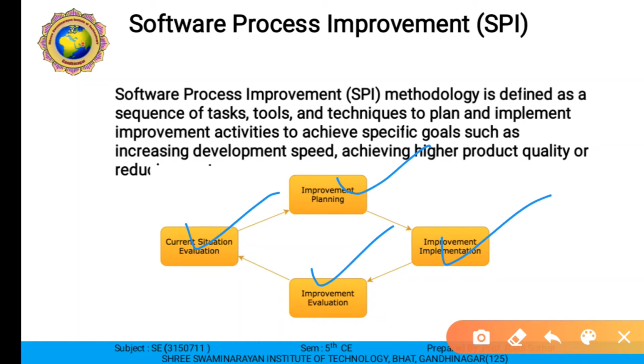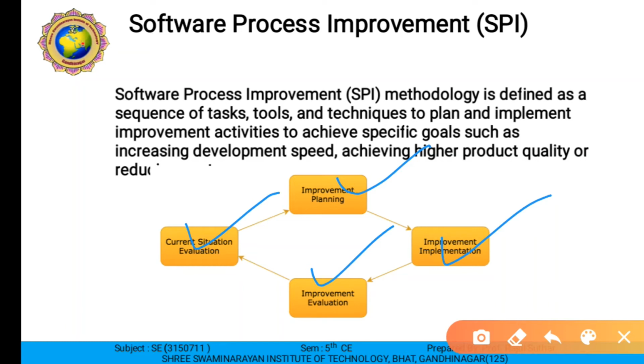Then the last one, improvement evaluation. What cannot be measured cannot be improved. That's why in this step impact measurement is applied, comparing the measures before improvement with the improvement and target improvement measures. In general, measurement permits an organization to compare the rate of actual change against its plan and allocate resources based on the gap between actual and expected progress. So we require software process improvement, SPI.